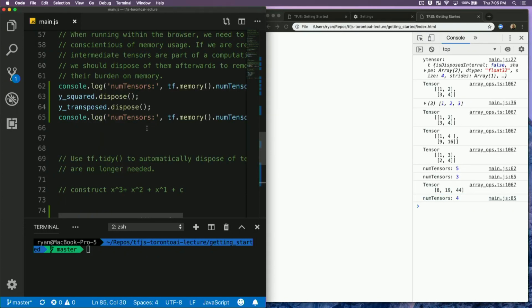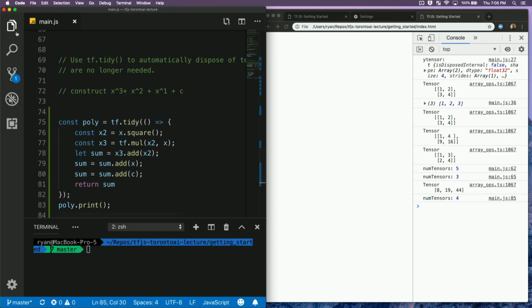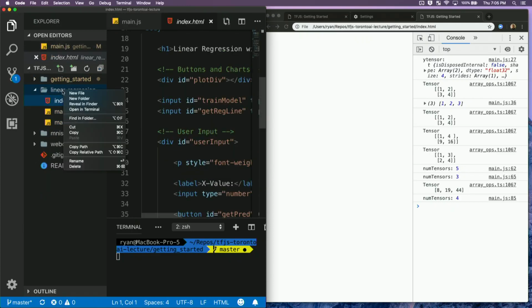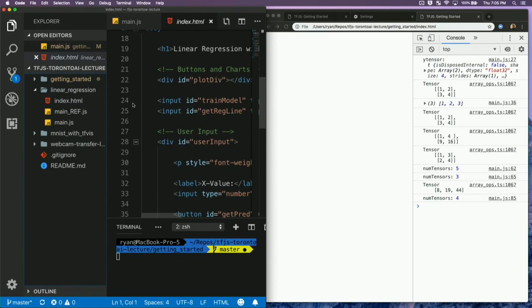Okay, so I just wanted to point these things out. You're going to see this again and again in the code that we explore. So let's move on. So we're going to look at the linear regression task. Oh, I didn't return the value of sum. But generally speaking, if you're not used to JavaScript, it's pretty old school. It makes you put that semicolon after every single line that you execute. I may have missed one, and in some cases, JavaScript will add it for you. So I think the source of the error there was that I wasn't returning the sum.